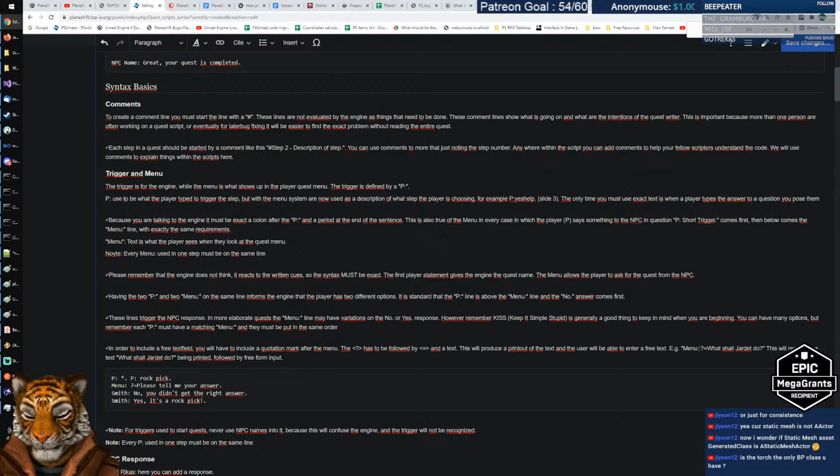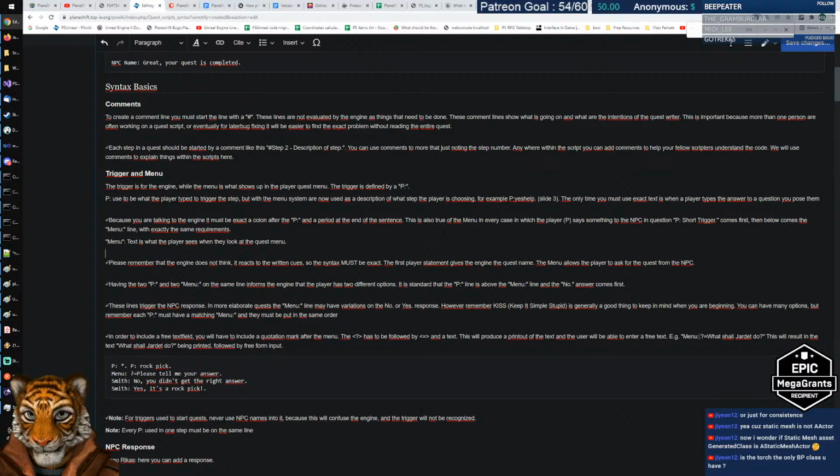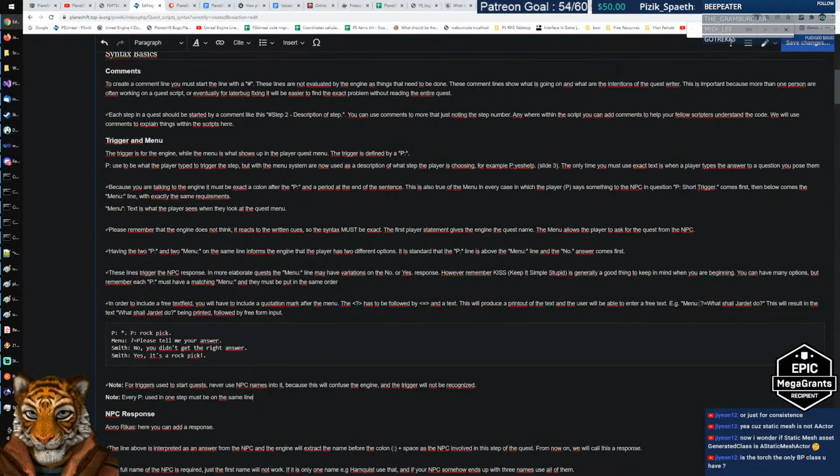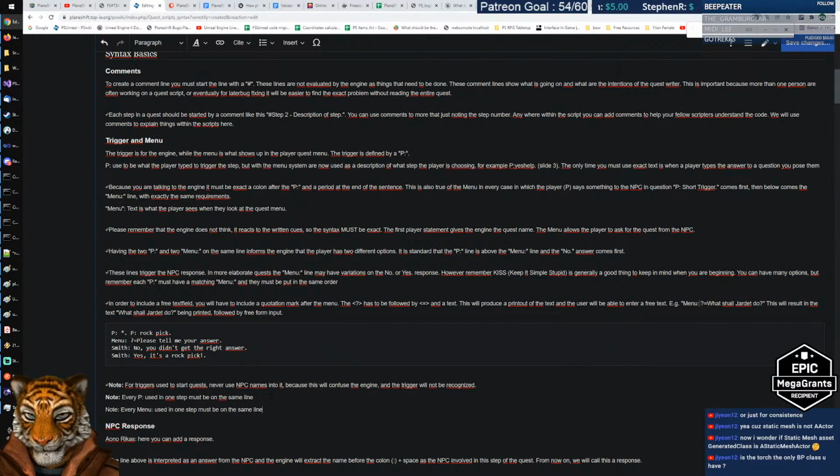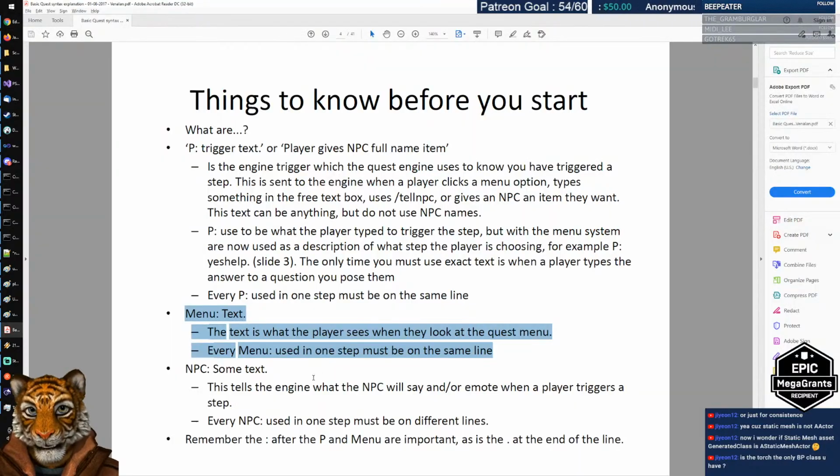This one we can put as a note. Every menu using the one step. I think we can put it in a note here at the bottom, like we did for the P. I'm trying to do a merge, you know, of these two documents because I think they are both super good, but